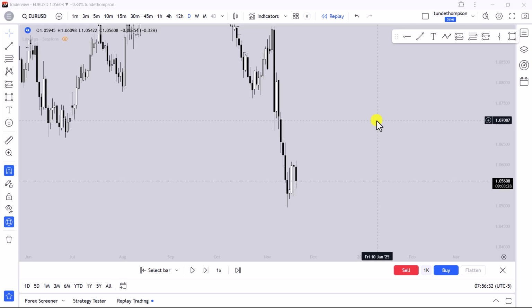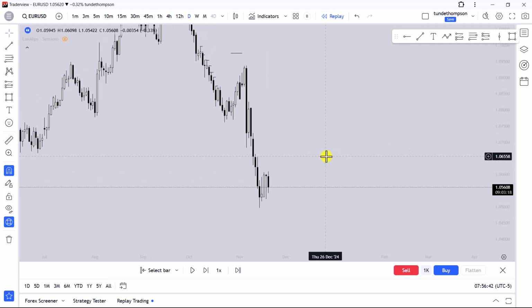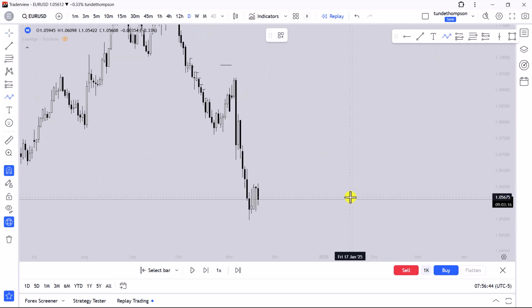This is Tunde Thompson. This is one of the examples of liquidity draw. And this one is previous day high liquidity draw, and previous day high liquidity draw. So if you don't know what a previous day high liquidity draw is, let me just explain it in a